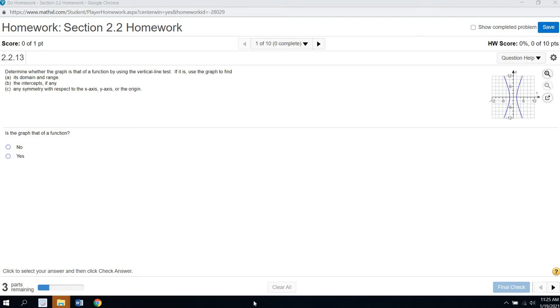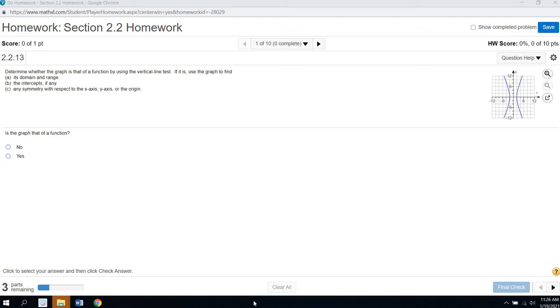Welcome to section 2.2. This section is very visual. They're wanting us to get a visual interpretation of functions, and so therefore there's a lot of pictures. And rather than me trying to draw those pictures and make them look nice, I thought it'd be good just to look at the MyMathLab homework together, and not every question obviously, but just some of the ones that you're going to run across. So here's the very first question, and you can see the graph off on the right